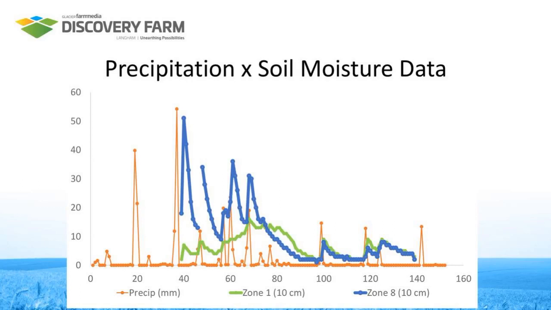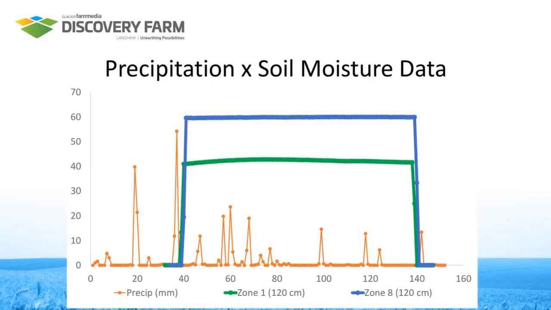And so what you can clearly see, of course, is number one, we see the impact of the precipitation event in terms of what's measured in the soil moisture. So at that day 40 event, you can see the big spike in precipitation, and then a few days afterwards, the resulting spike in the soil moisture that's measured. And we're reporting volumetric soil moisture content in percentage along the y-axis. The other thing to note is just the difference between the two probes. So again, the zone 1 soil is much drier than the zone 8 soils.